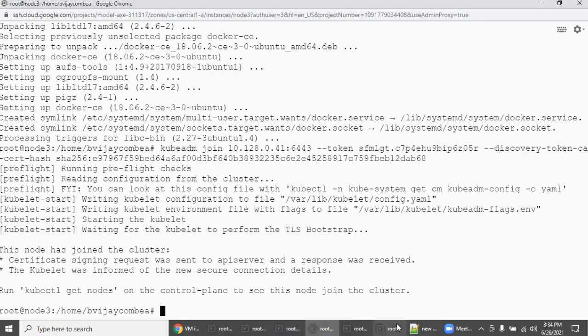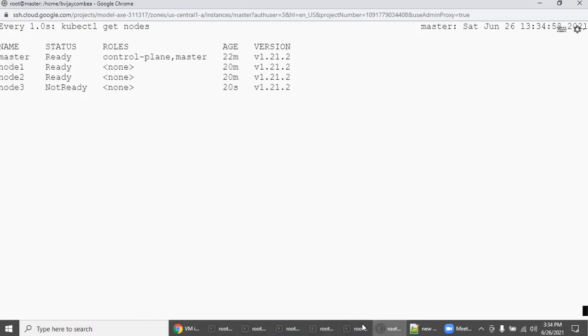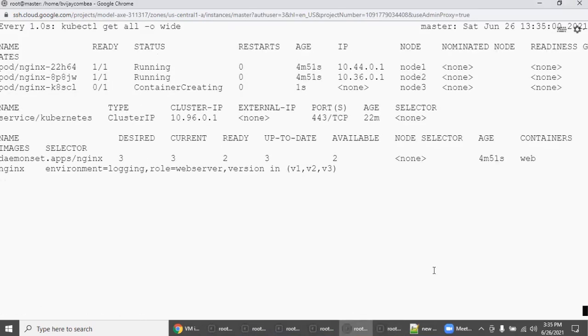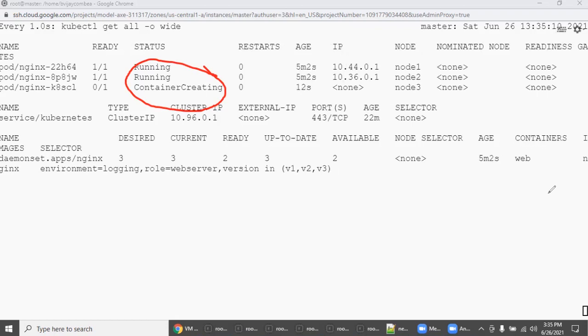So it completed. Let's wait for ready. See, automatically it is getting container creating. We didn't do anything. We just added the node to the existing Kubernetes cluster, and the daemon set we had deployed was applied. This is the major advantage of daemon set.